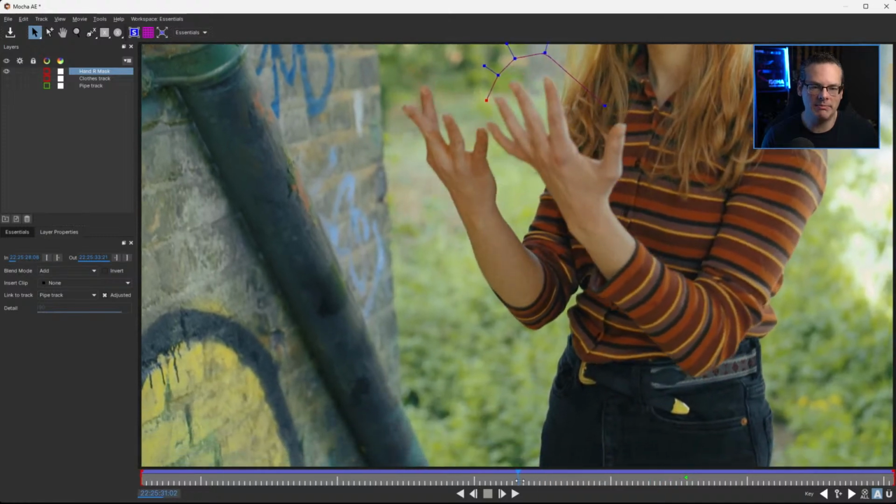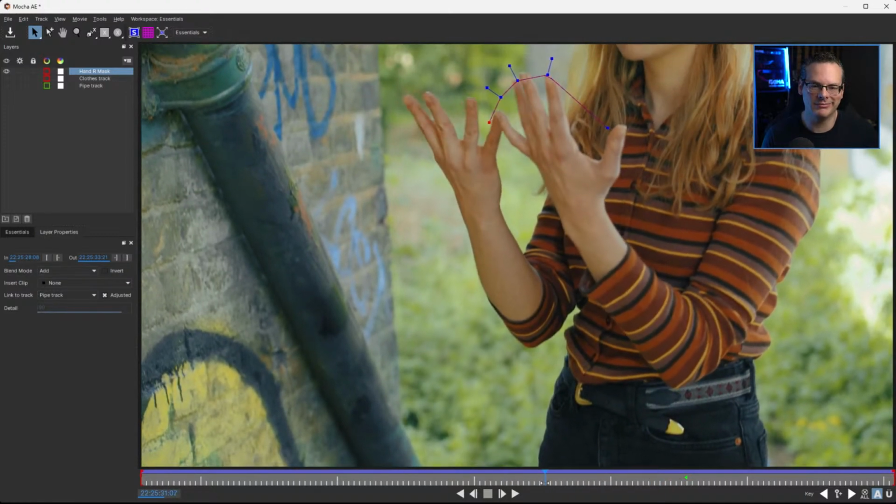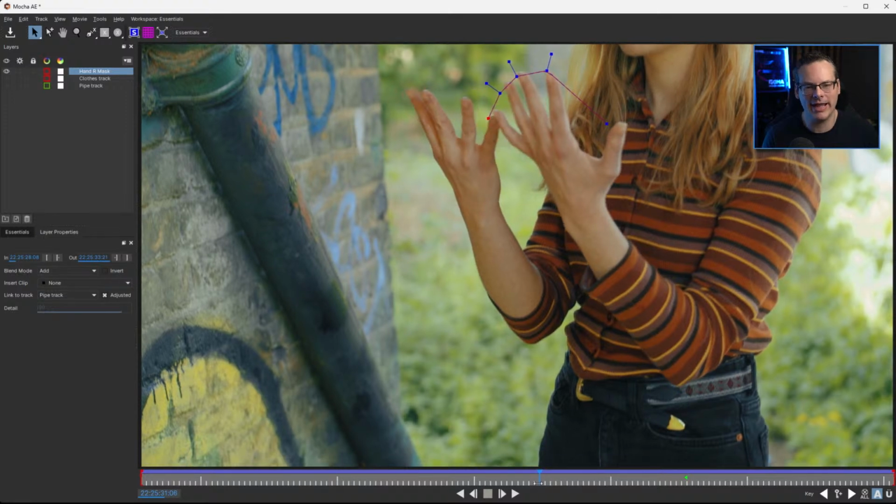So where does she keep her hands up? I mean, it's probably round about, is it there or is it there? It's much for muchness, it's fine. And at this point, I'm going to come in and make another keyframe. And actually, I'm going to make another keyframe by just bringing in all those individual points. Now,